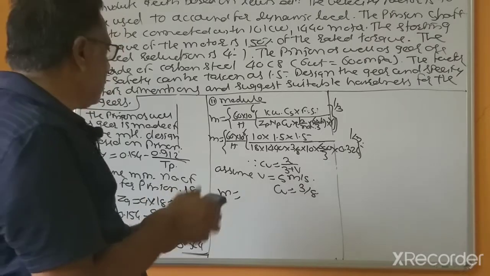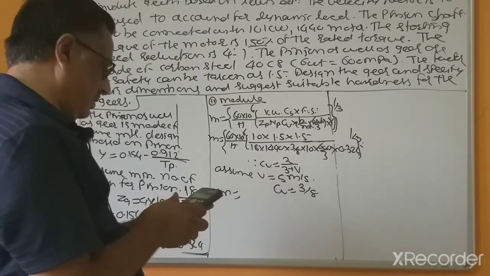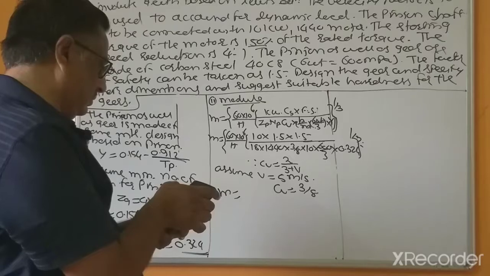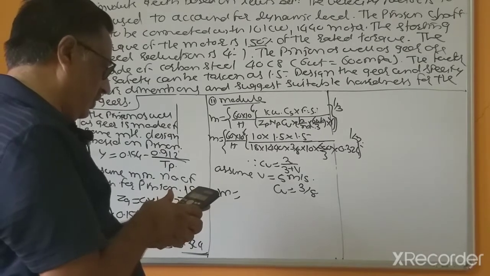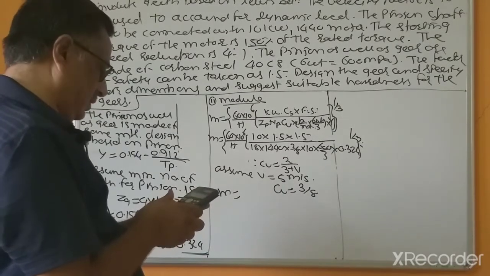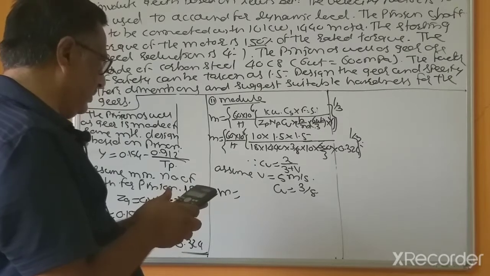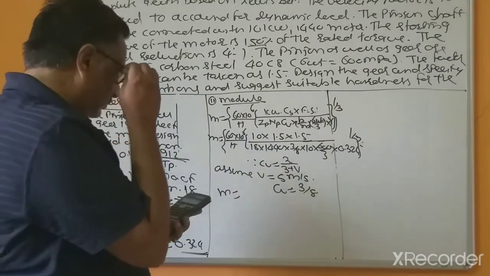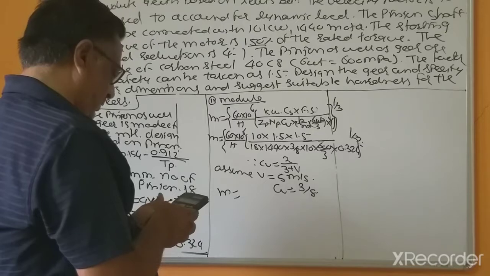M equal to, now calculations is very important. 60 into 10 to the power 6 multiplied by 10 multiplied by 1.5 multiplied by 1.5, divided by pi divided by 18 divided by 1440, divided by 3 multiplied by 8 divided by 10 divided by 600, multiplied by 3 divided by 0.324, and this raised to 1/3 means near about 0.333.